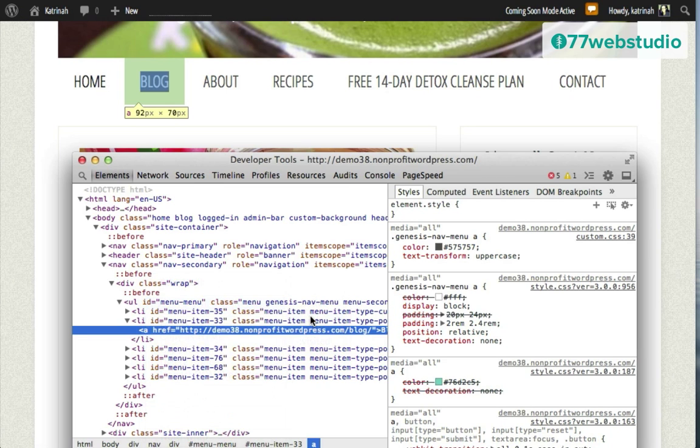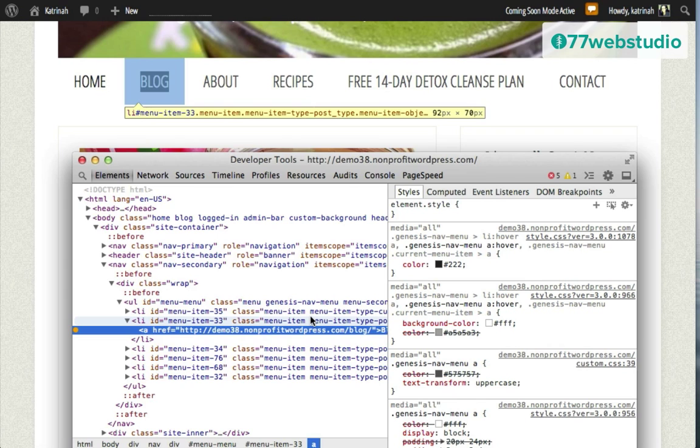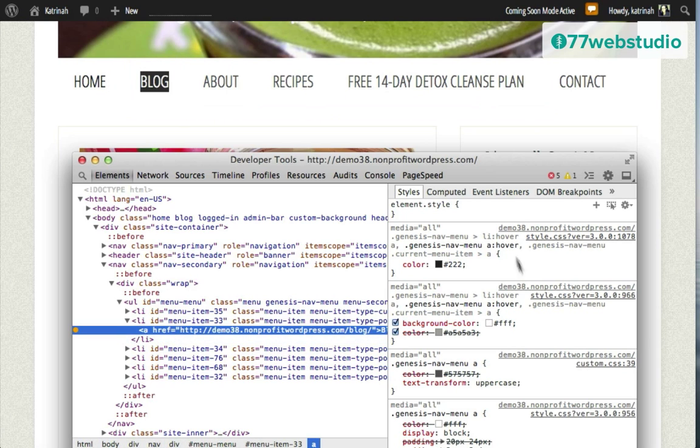So I'm going to click on that right there, and that will give us the code that is showing this particular hover code right here. So here we see there's a little dot that designates the hover effect, and here on the right hand side we can see the actual code right there. Now the current code is this 222 number, and this is the actual code that I want to change.